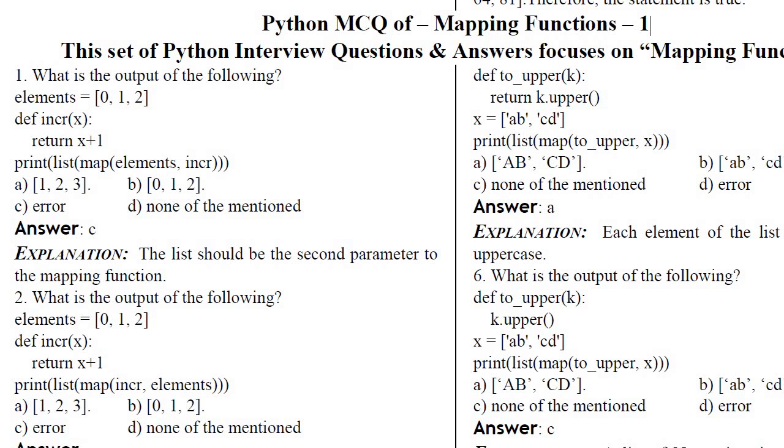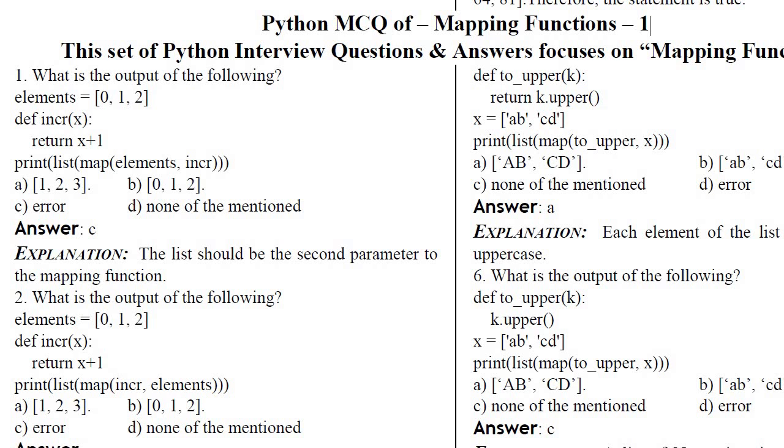Now look at the second question. What is the output of the following? Elements equals 0, 1, 2. Then again the same function. Now look at this. Here increment and element, two things are mentioned, and here element, the list, is defined as the second parameter, so it will not show you an error.